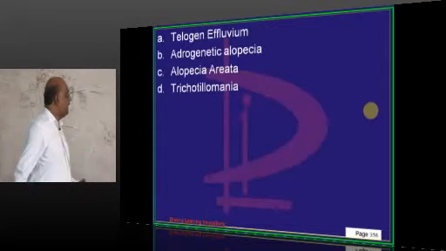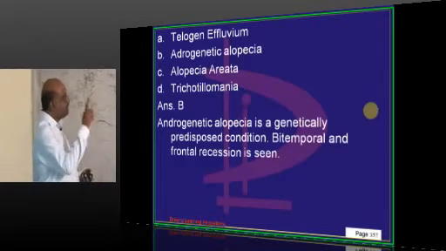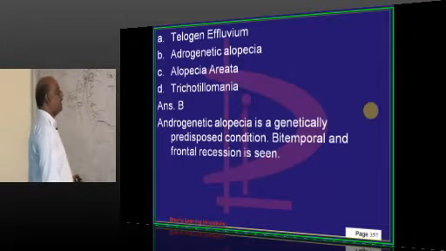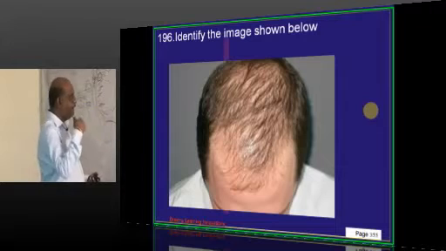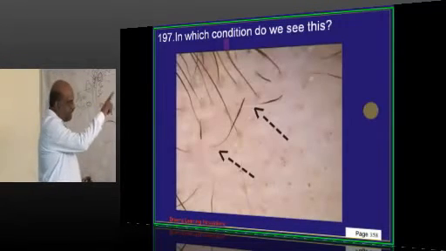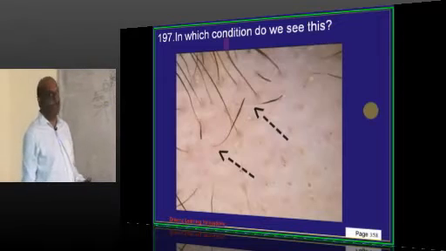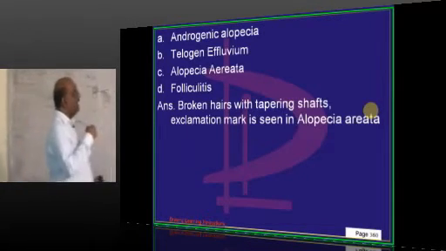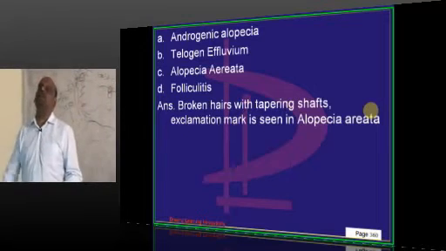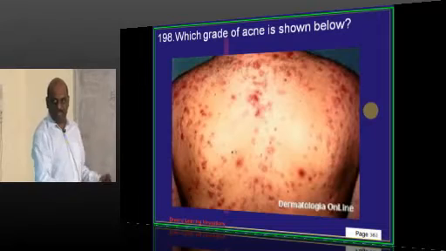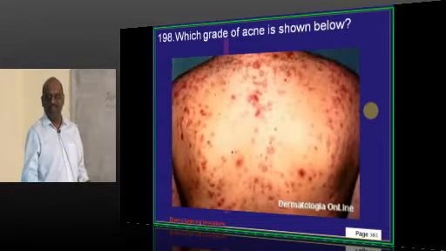Now what is this image typically? This image is androgenetic alopecia, typically in the genetically predisposed condition. And why did you think so? It is bitemporal, and frontal recession is a classical feature. Now these are called exclamation marks in alopecic scalp, and they are typically found in case of alopecia areata, which has an autoimmune basis. Once more, scarring alopecias, non-scarring alopecias, all that you have to master before you go to exam,